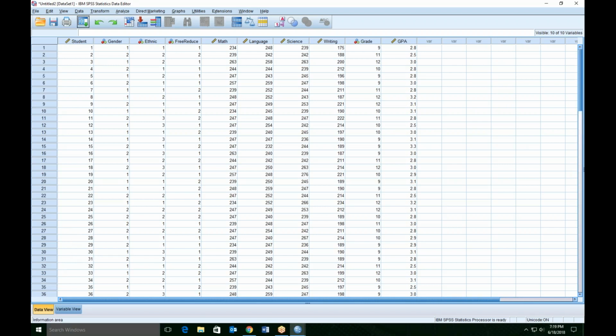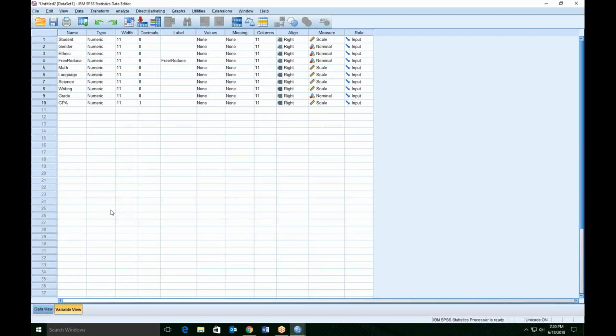And one of the things that you have in SPSS is this thing down here in the bottom left-hand corner. You have a data view, which is what we're looking at now, and you have a variable view. And the variable view tells you what the variables are. Here's student, gender, ethnicity, free and reduced lunch, math, language, science, writing. Here's the grade level and the GPA. So it tells you that all of these are numeric, and they are numeric, but they're not entirely numeric. So we're going to make a few changes, but